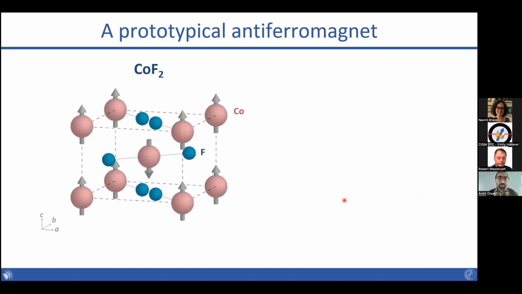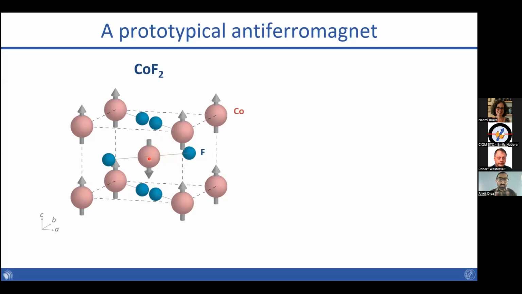Okay. And so in this experiment, we looked at a model antiferromagnetic compound, which is known as cobalt fluoride. This is one of the simplest antiferromagnets you can imagine. It has a BCC lattice of cobalt ions. Each cobalt is surrounded by an octahedron of fluorine ions. And the important point is that normally the cobalt ions on the corner of the cube here have a magnetic moment that's equal and opposite to the one in the center of the cube. So it's a fully compensated C-axis antiferromagnet, has no net magnetization,